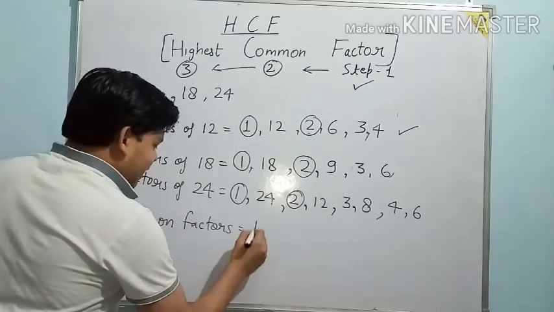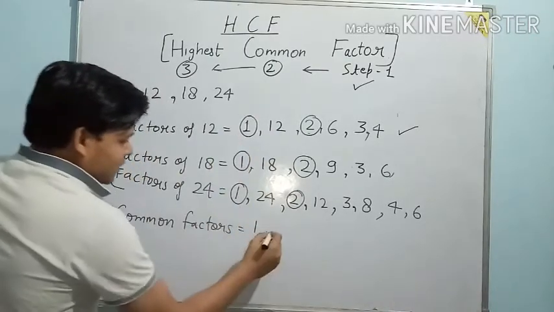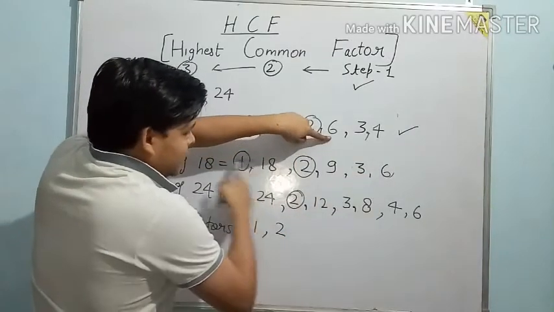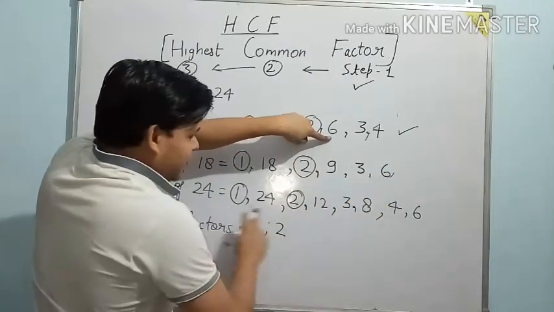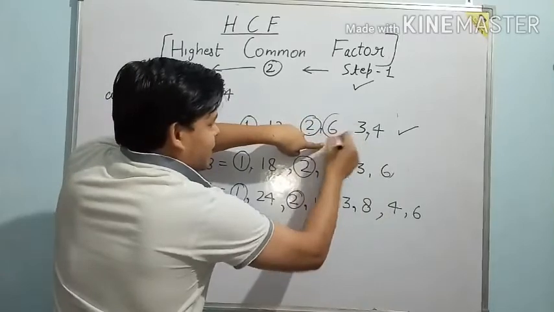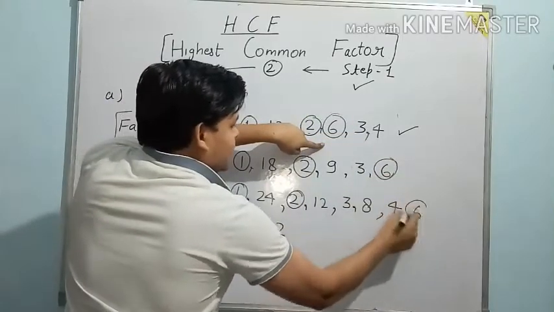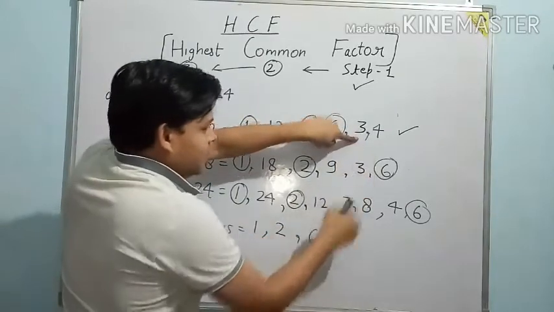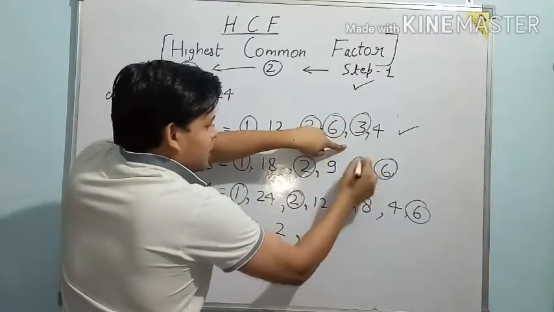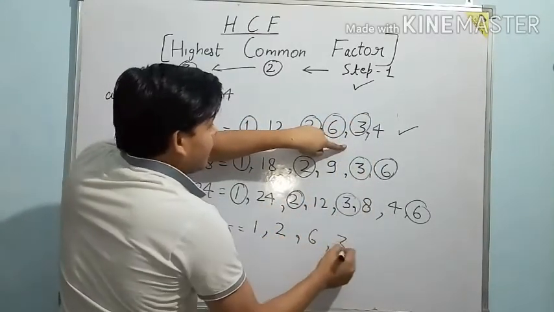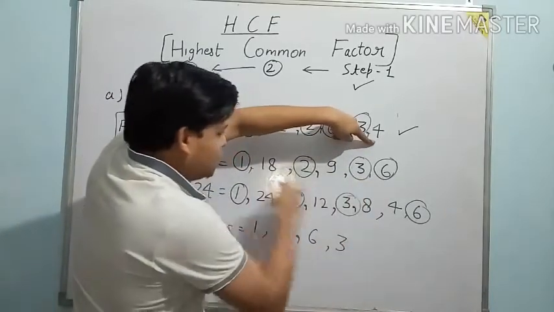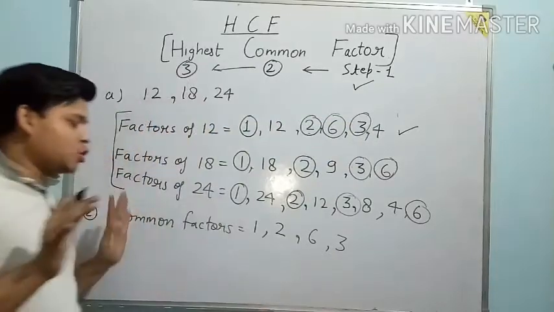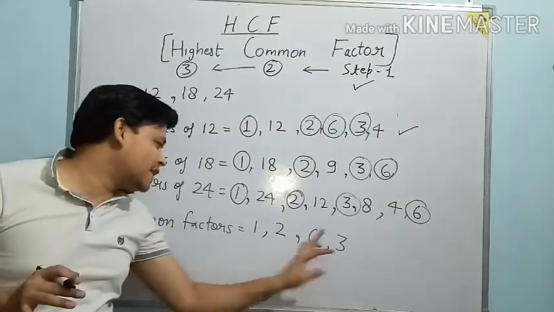So once again you write here 1. We have already circled. Next is 2. Thereafter 6. 6 in list we have 6 here. Similarly 6 is here. So 6 is given in all 3 series. So let's write 6 also. The next is 3. So 3, 3 and 3. So just circle 3. And last is 4. 4 is not given in this, so no need to check this also. Okay, so here it is completed. So the common factors are 1, 2, 6 and 3.